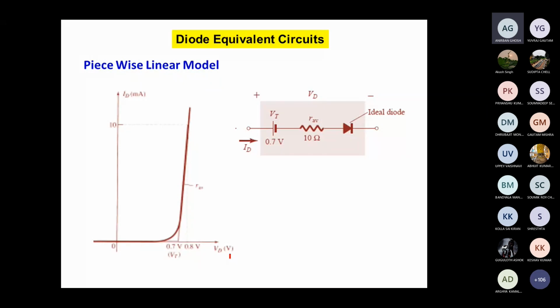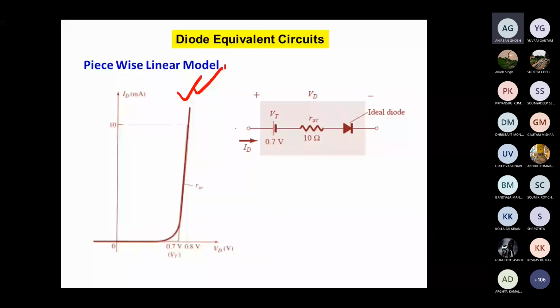Before that, when he teaches the diode circuits, that means how to use this PN junction device and how to analyze it in the circuit, we need to represent the device by its equivalent circuit. So suppose this is my device characteristics, as we know.